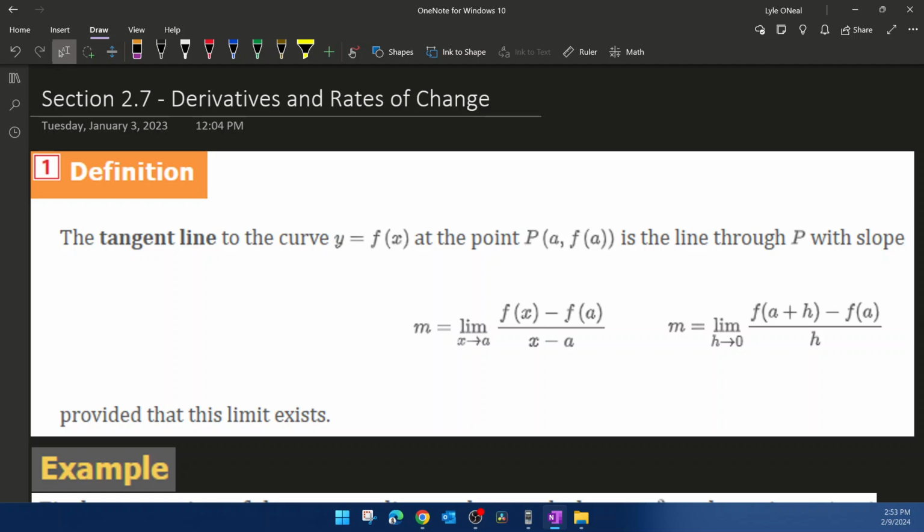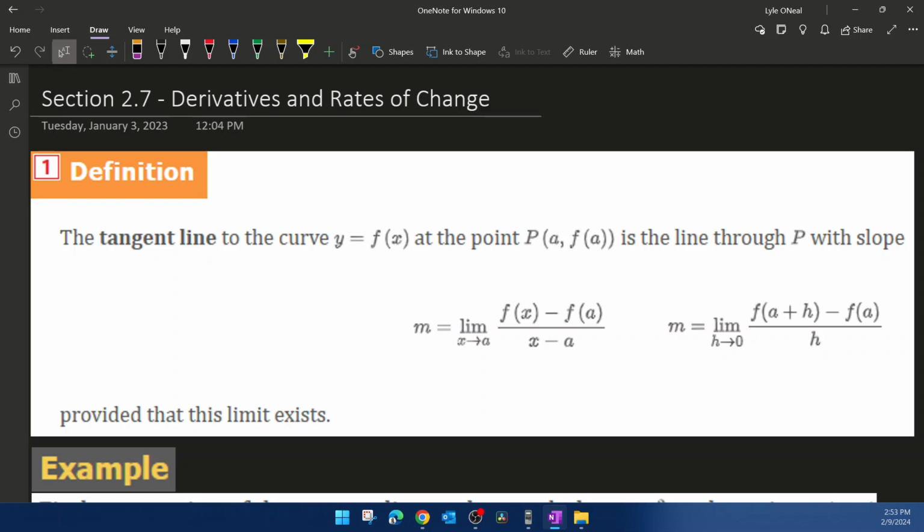Hello and welcome to our lesson on derivatives and rates of change. This is going to be from section 2.7 in our Calculus 1 text. Let's get started. First, we have the definition of the tangent line to the curve y equals f of x